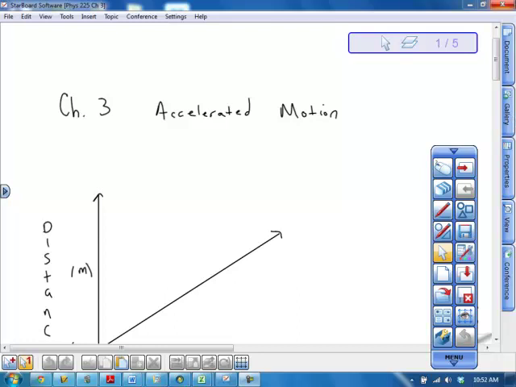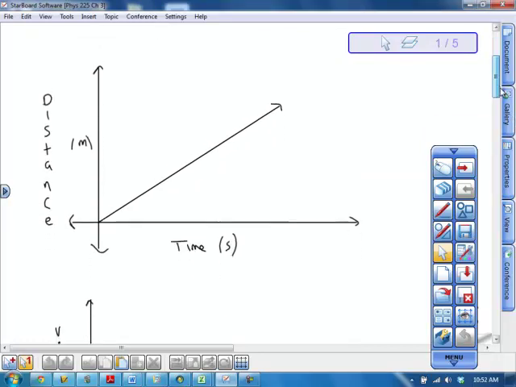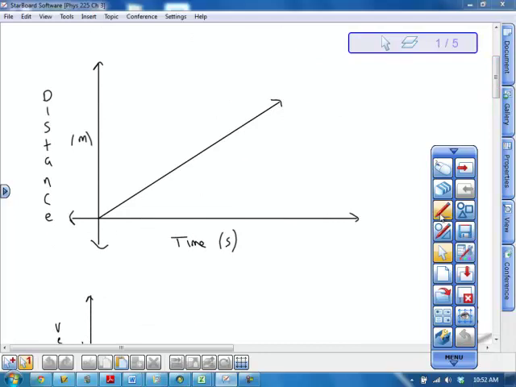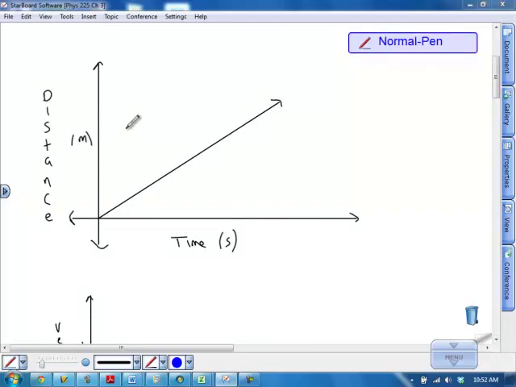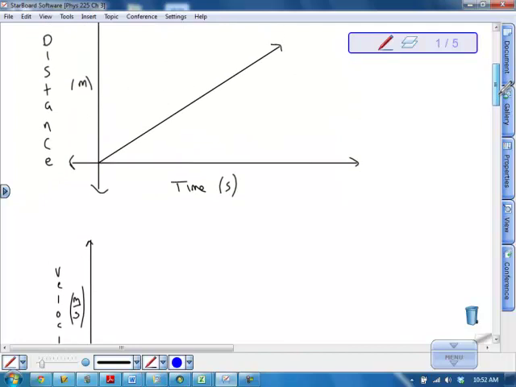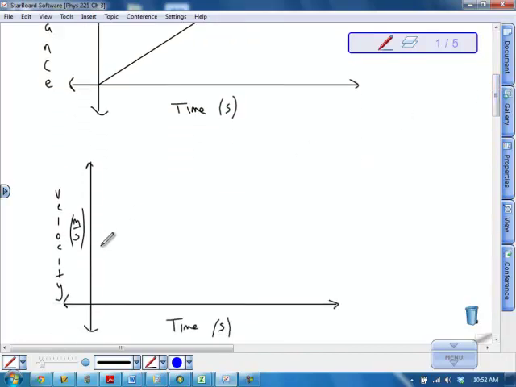Okay, we're going to talk about accelerated motion now. So here's what we've been talking about before. We're going to have our time distance graphs, and here's an object that's traveling at a constant velocity. As time goes on, distance increases. Okay, we could draw the same object on a velocity time graph now, where it would look something like this,